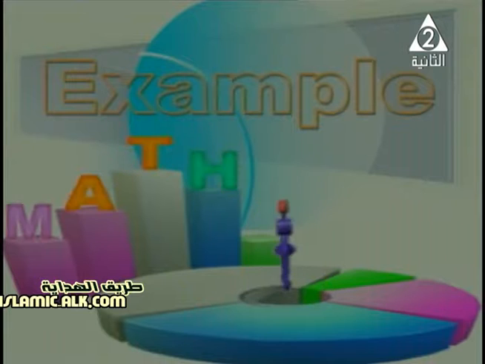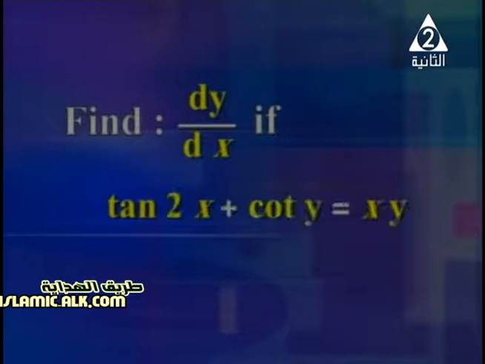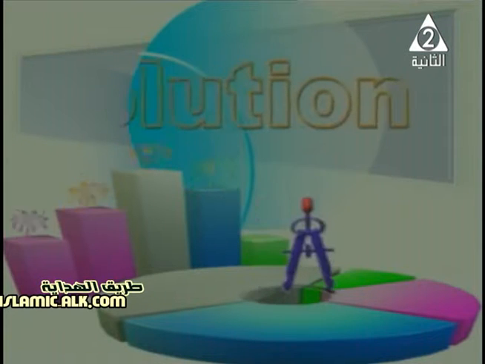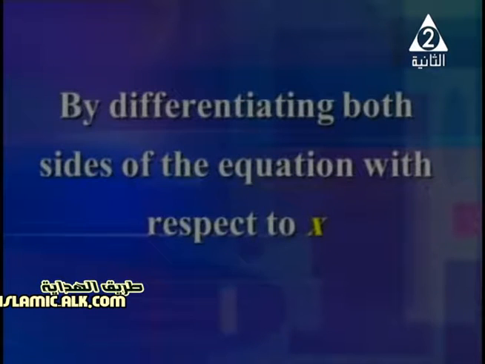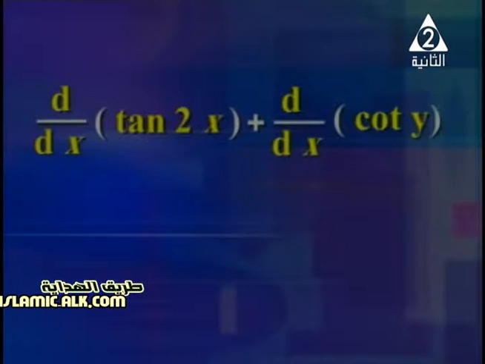Dear student, look at another example. Find dy over dx if tan 2x plus cotan y equals xy with respect to x. Look at the solution. Take the derivative of both sides of the equation with respect to x. Dear student, look at the left-hand side. On the left-hand side we find